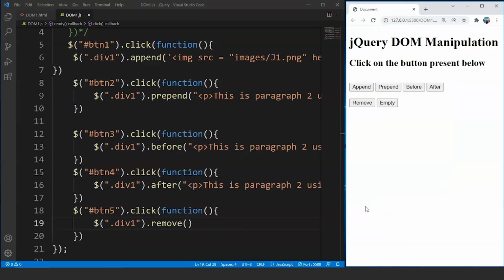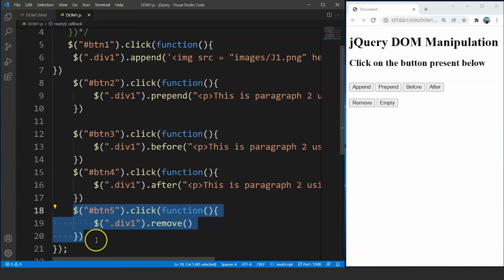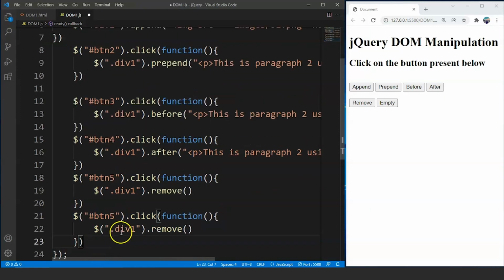However, the empty method works a bit differently from the remove method. It makes an element empty without deleting the HTML element. It will remove the paragraph, but the box will remain there. So let's write the code for the empty method as well. What we'll do is we'll copy this piece of code from here, we'll paste it here, we'll change the button ID to 6, and instead of using the remove method, we'll use the empty method.